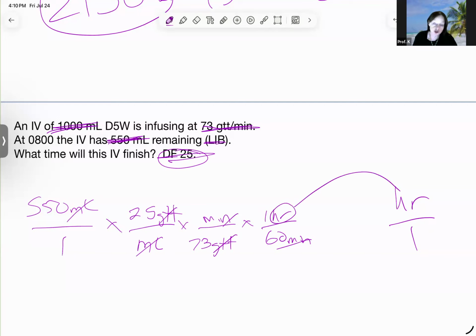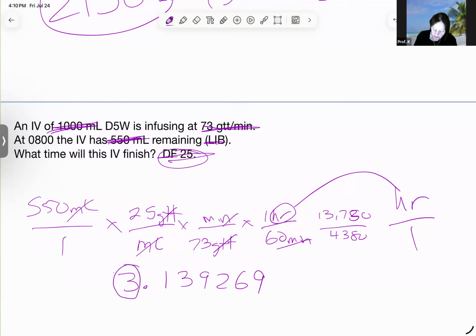All right, so I'm about to teach you a very important rule when you're doing calculations, and that's only round at the very end of your problem. So when I do all this math, it's like 13,750, I believe, 750. Yeah, and then over 4,380, and when I do the division, my calculator will give me 3.139269. So I know the 3 represents hours, 3 hours. But what does the